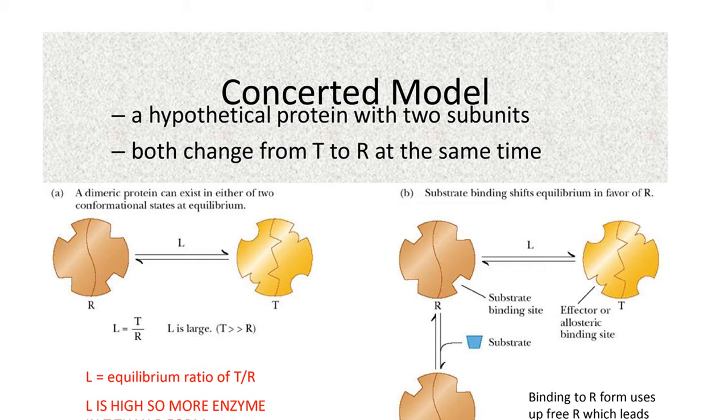Now, what happens is whenever a substrate binds, as we see here, according to this model, it's going to bind more readily to the R state. And in doing so, what's going to happen? What do you suppose happens? Just think back to Le Chatelier's principle